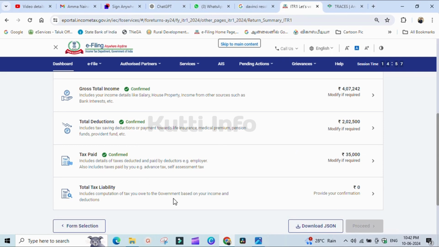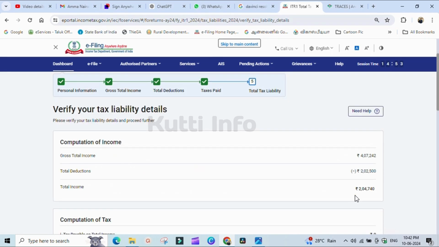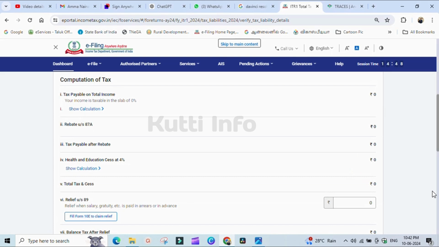This is the final one, total tax liability. Click on this. Just verify your tax liability details, and for me everything is alright. See, everything is alright. For my present salary, after excluding my deductions and exemptions, my salary is under the nil tax slab,